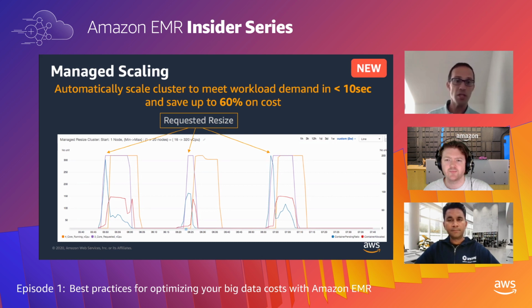So we created managed scaling. And managed scaling, all it asks you to do is tell us the minimum size of the cluster and the maximum size of the cluster that you want, right? So you're not over scaling up too much and maybe costing you a little bit more money. So you set those thresholds. And then behind the scenes, we evaluate a number of different metrics in under 10 seconds. So the response time is very, very fast, and we are able to auto scale the cluster up and down as close to the workload as possible.